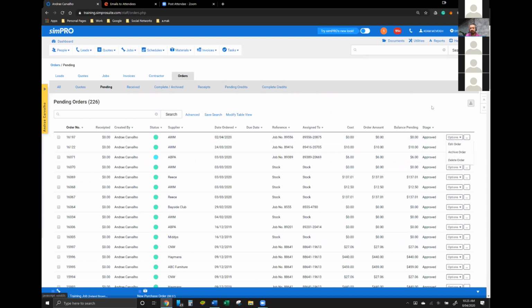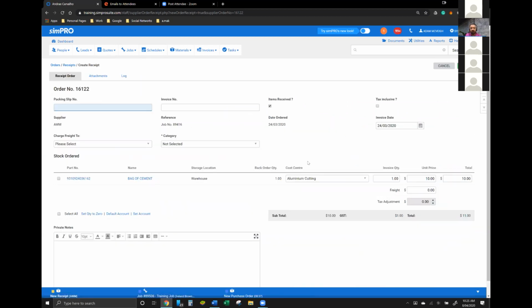So when we are receipting the item, let's go to this one here, create a receipt. Okay, so when we're creating a receipt for the item, see in here how it says cost center? This cost center is saying aluminium cutting. Now, this cost center is not where the cost is going to inside the job. It's where we're posting it to within your accounting package. So if you said, okay, well, this bag of cement, I don't want to receipt that to my 5-0011, for example. I want it to go to 5-1000. I can actually hit that cost center in there and then change where I'm receipting that item to in terms